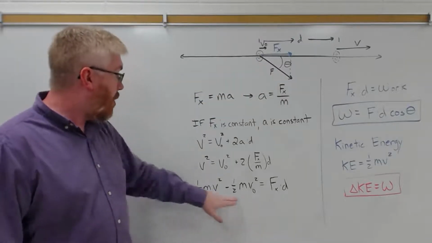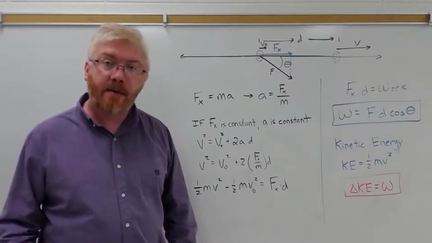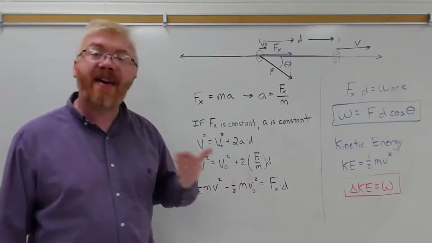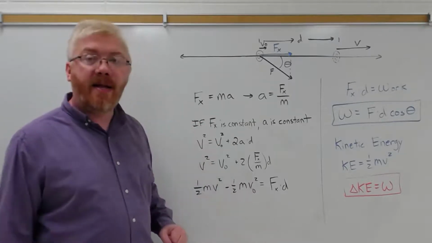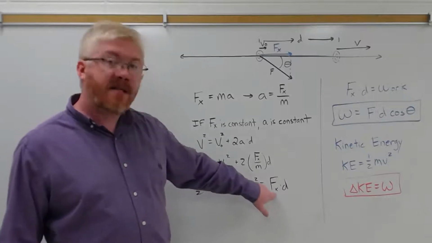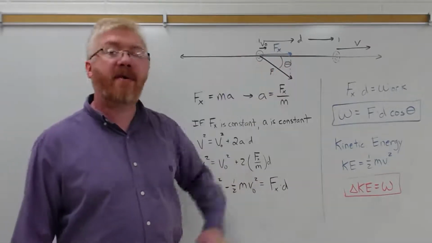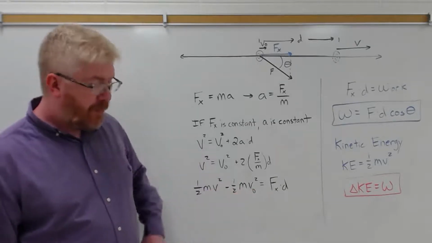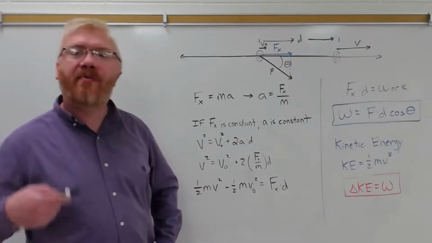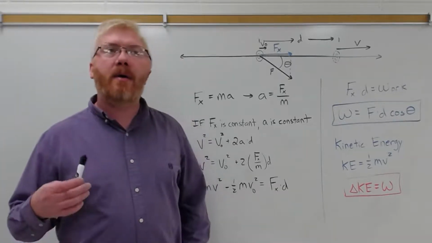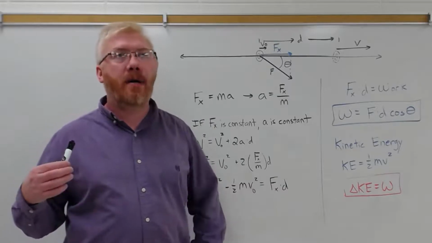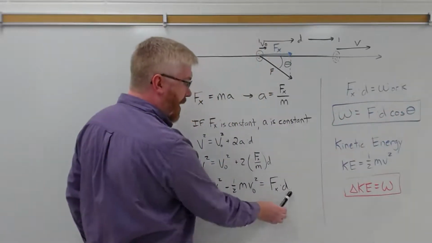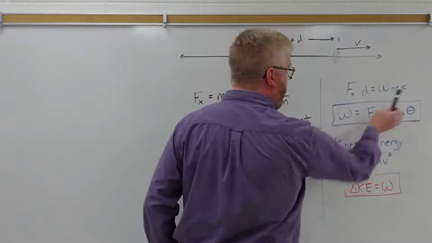So these terms are related to the motion of the object. If v and v naught are different, that means the object is now traveling faster. That gives this a positive value on the left-hand side. F of x is the force applied. d is the displacement that force is applied through. Well, let's simplify these terms. We talked about how force can be used to do work on an object. So we're going to define that F of x times d as work. So the right-hand side of this equation is going to become work.